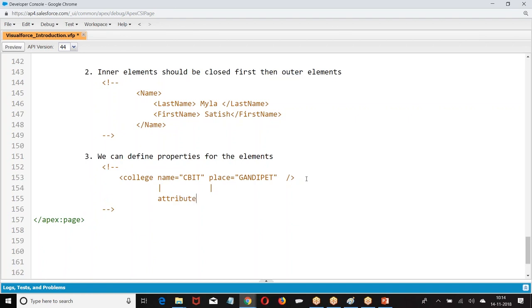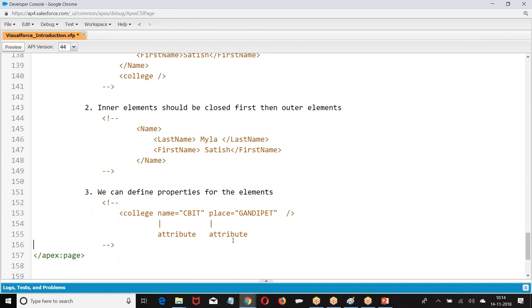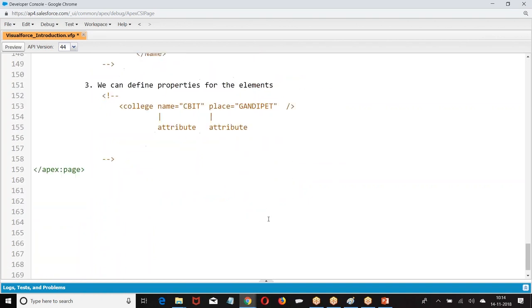Now, why did I close in a single line? I opened, I closed in the same line. Why? I don't have anything to write in between the body. Now, what was the element generally? If you want to write element, body, this is how I write it. If I have nothing to write in the body, I will open and close in the same line.